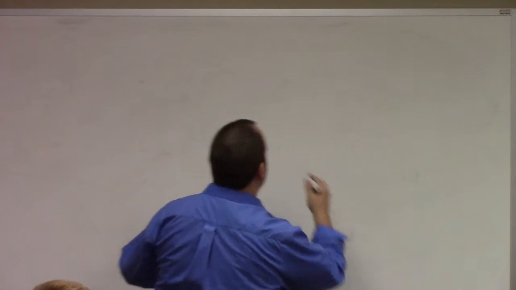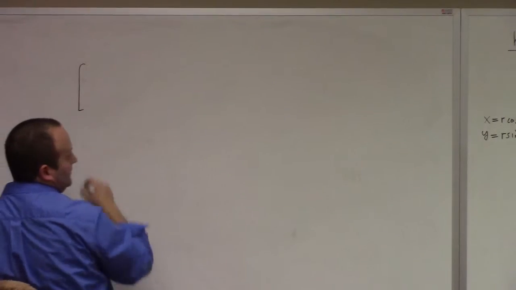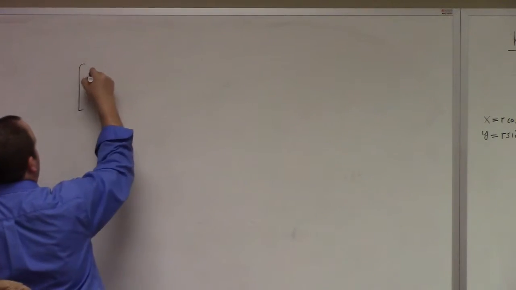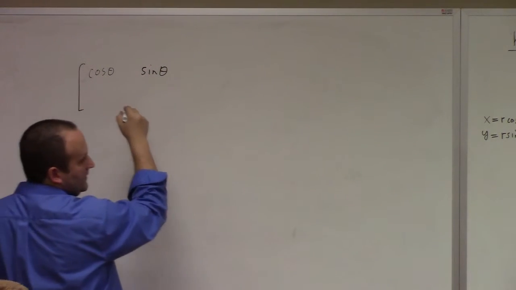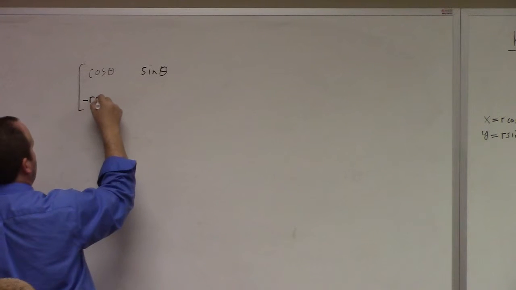So what I have really is a matrix. My matrix is cosine theta, sine theta, and then minus r sine theta,